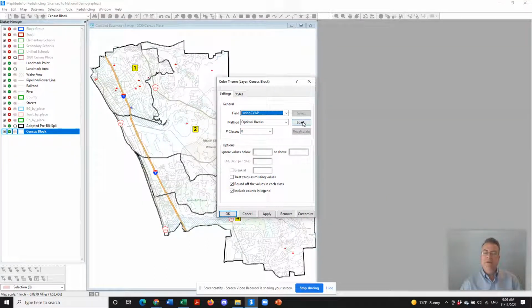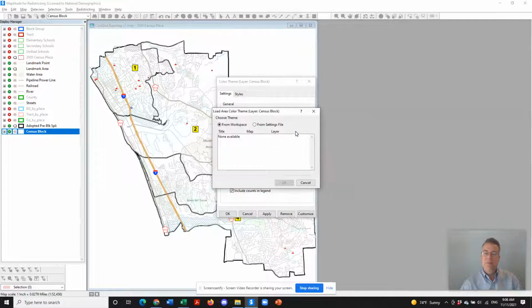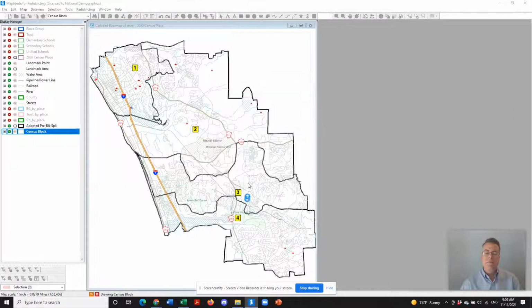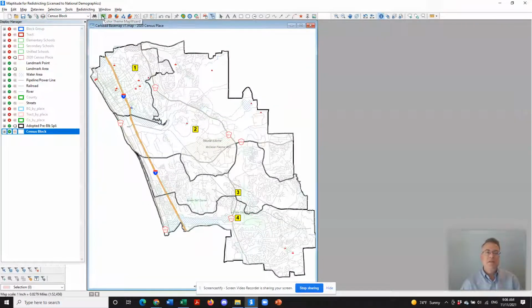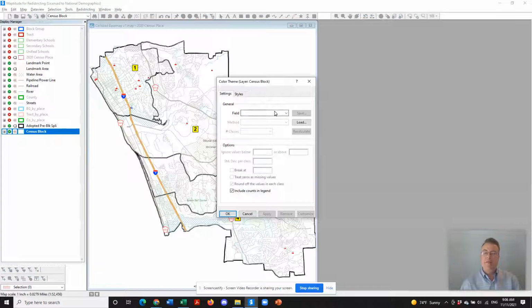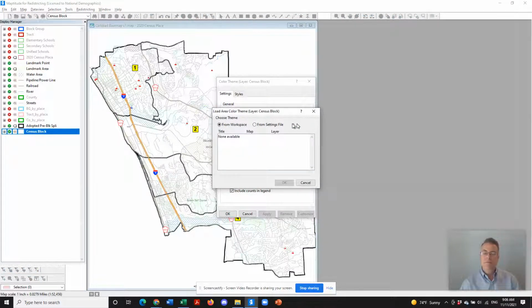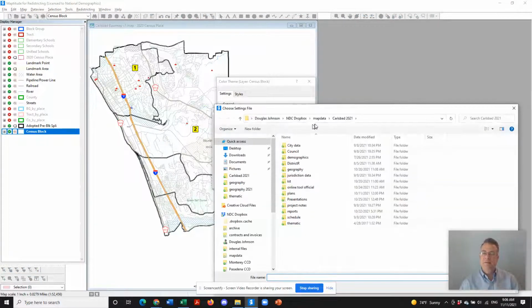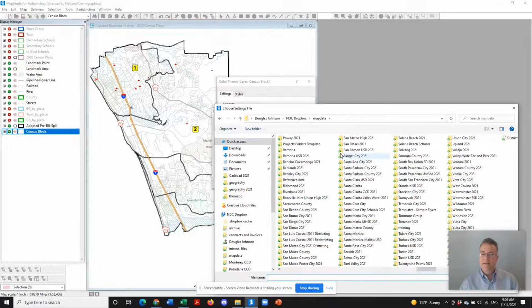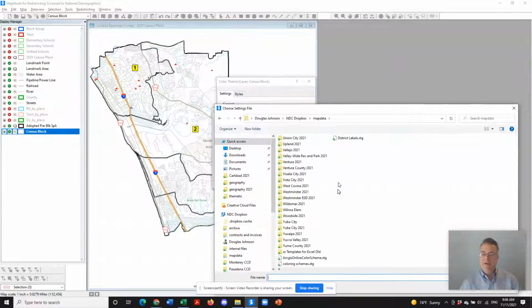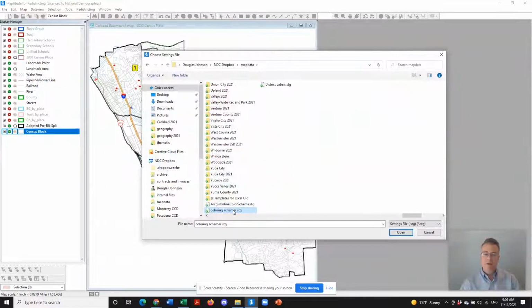So what we do is say load. So then we go through step by step. You go choose your census block layer, choose the theme map wizard, say load from settings file. And then in the map data folder, where we have all of our basics, we have to get past all the folders. We come over here to coloring schemes. So we pick the coloring schemes.stg file,